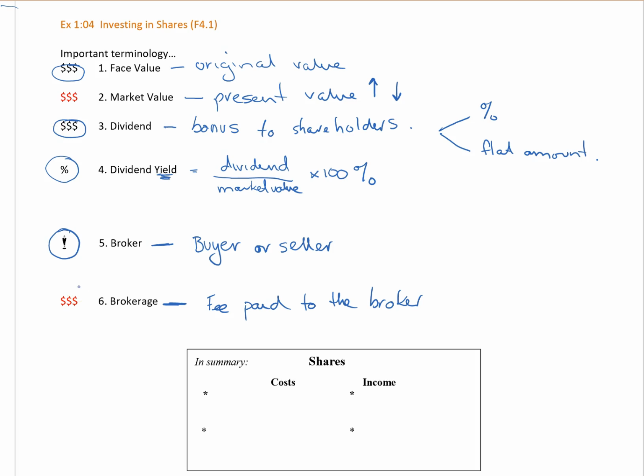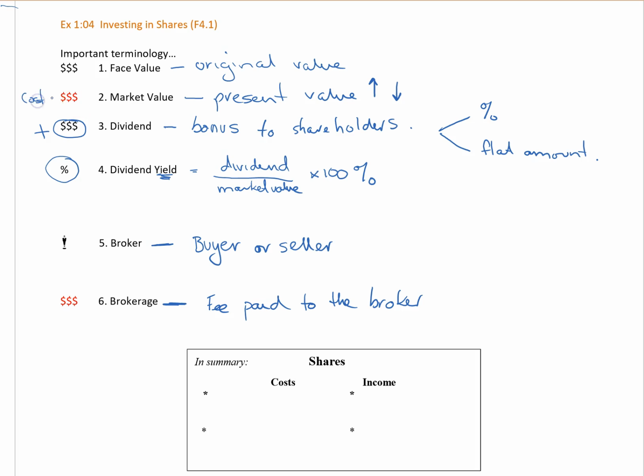And I'll take that off there. The reason that I did these money ones in black is because of this dividend. This dividend is a bonus, it's a plus. The ones coloured red are costs